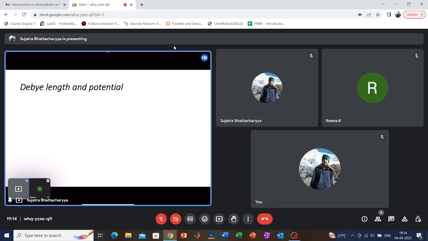The objective, number one, is to find the potential. We have seen that the potential at t equal to 0 is just the Coulombic potential. So, to find the potential